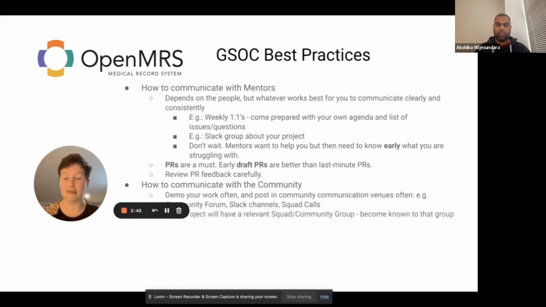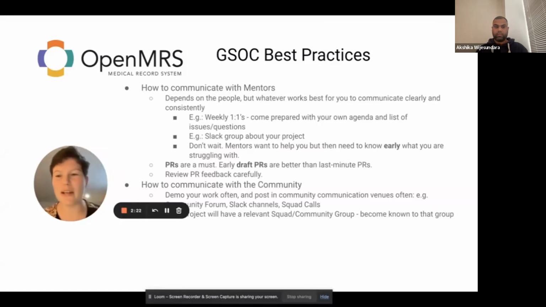In fact, in OpenMRS, each GSoC project has a specific relevant squad or community group working on a related theme, and you can become known to that group. You basically get the support of colleagues around you who are working on similar pieces of software, and so you gain more peer support.